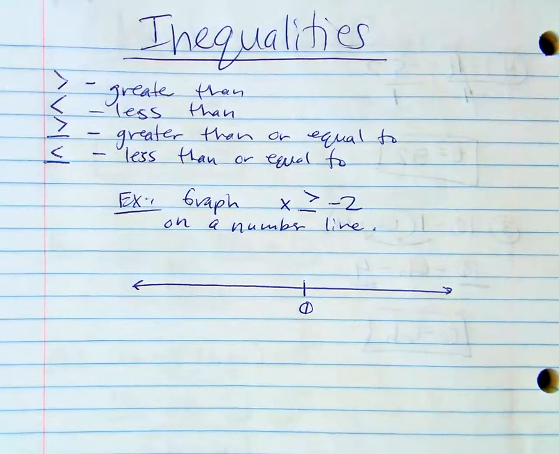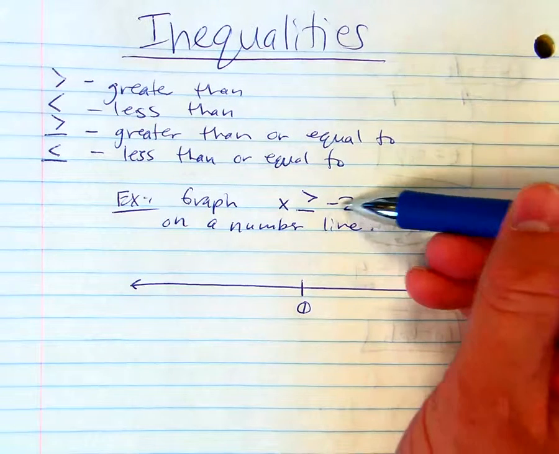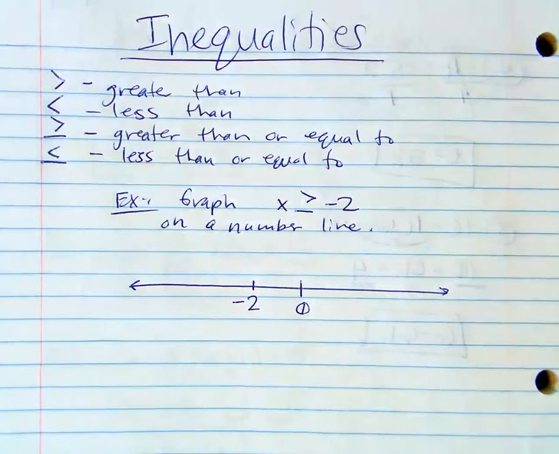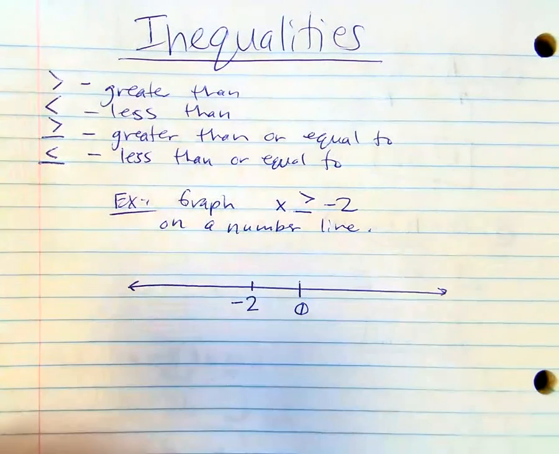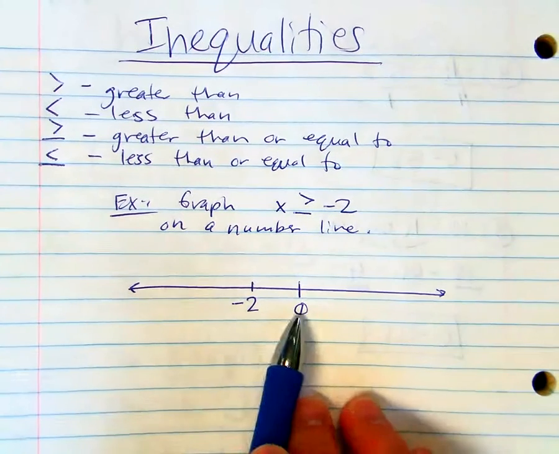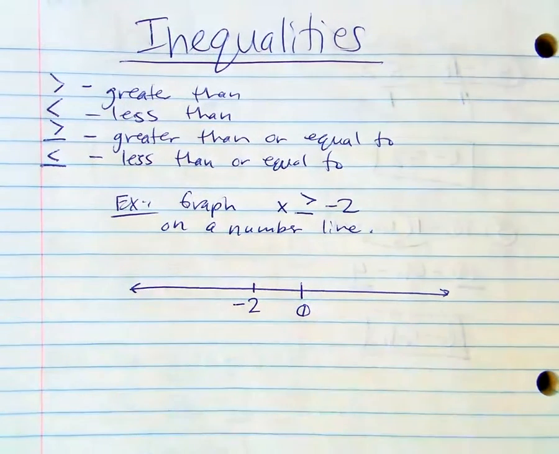The only other thing that I need to see on your number line is the number that is part of your solution, in this case, -2. So -2 would be somewhere over here to the left of 0. I do not need you to put every single little dash mark for every single number. That's going to become a huge problem for you later when we start solving things that have answers like x is less than 157. I don't need you drawing 157 little hash marks just to get there and then graphing it. So just put 0, put the number on the side that it should be on,